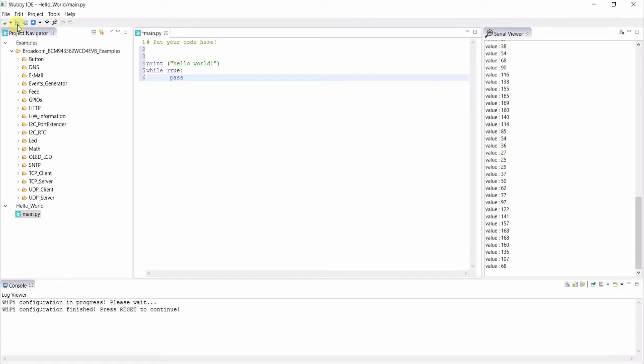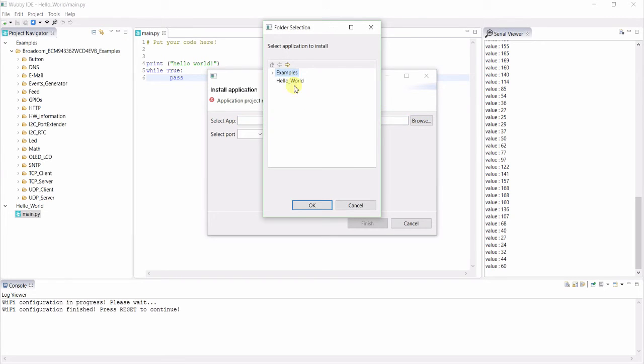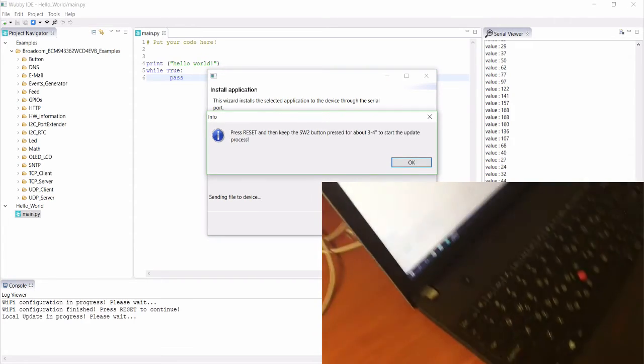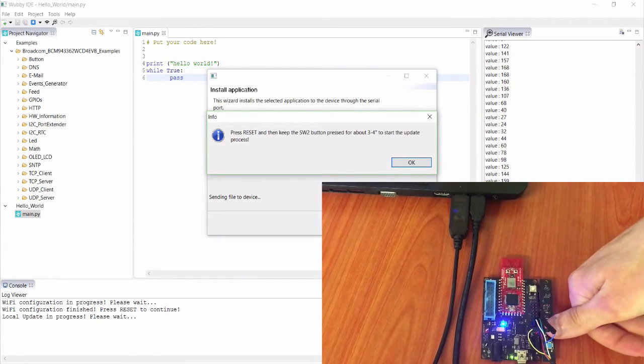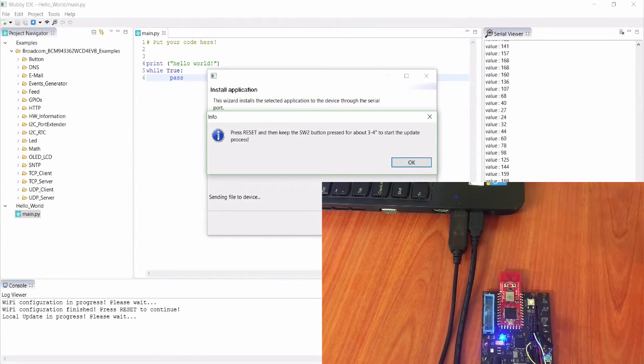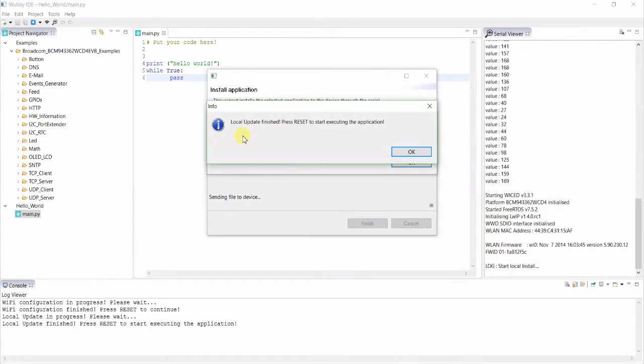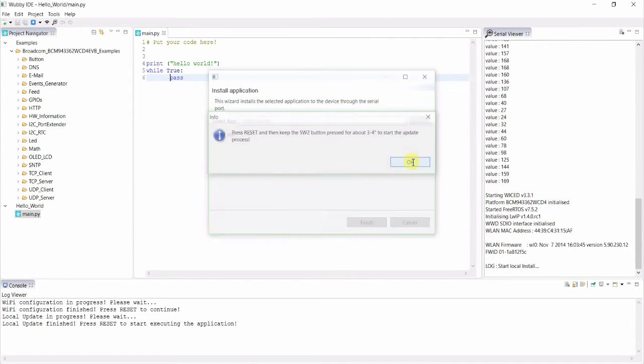After saving the file, we can install our newly created Hello World application in the device. We can either select local installation to install the application over the serial interface, or cloud installation to upload the app to the Wabi Cloud and then install it to the device over the air. We will first use the local installation method by clicking the Wabi app local option, select the app to install and the COM port for application programming. As earlier, we need to click on the device reset button and right after the SW2 button for 3 seconds. After programming finishes successfully, we'll be able to see our new application running.